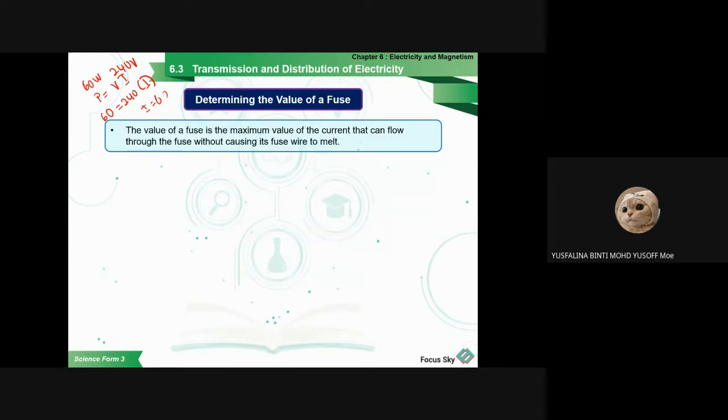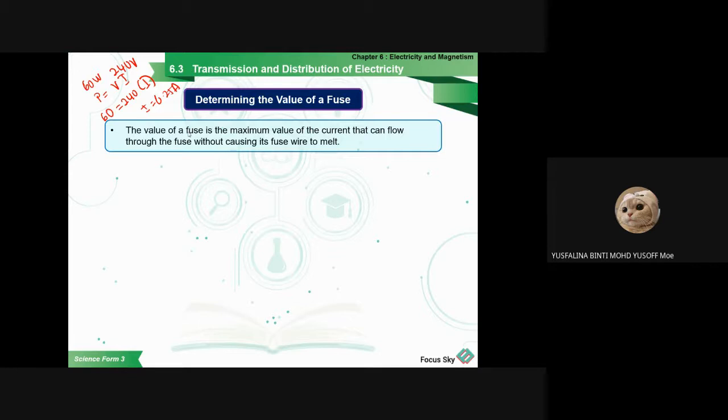So you got 0.25 ampere. So that means if more than 0.25 ampere, the fuse will melt. The thin wire inside the fuse will melt, and the current will be cut off. So for the electrical appliance, they only can flow